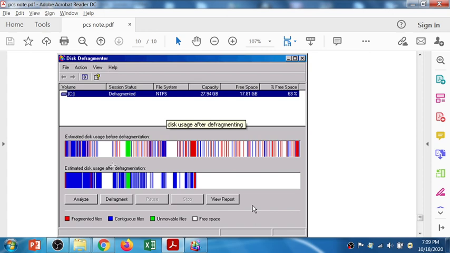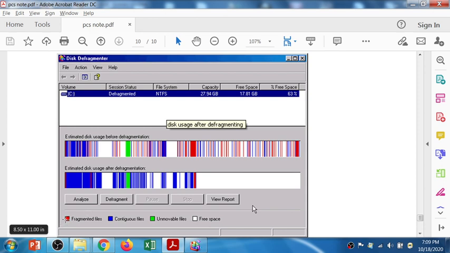It shows the original space of the entire C drive, right? This white color area is the free space area. From that location I have deleted files, and right now it's idle, and after defragmenting, I can free up this much space, right?